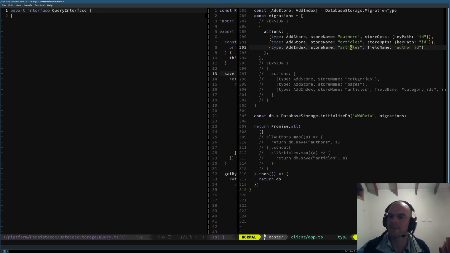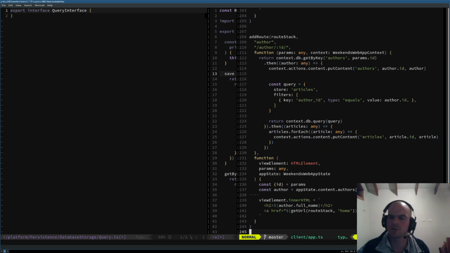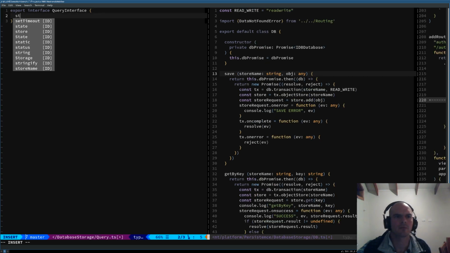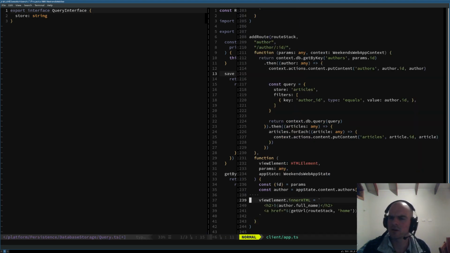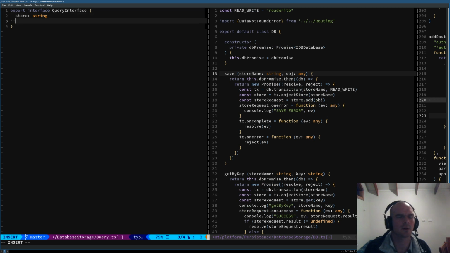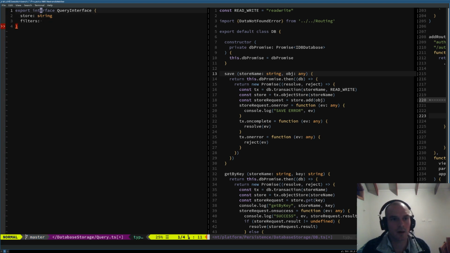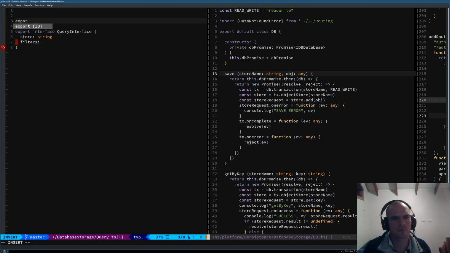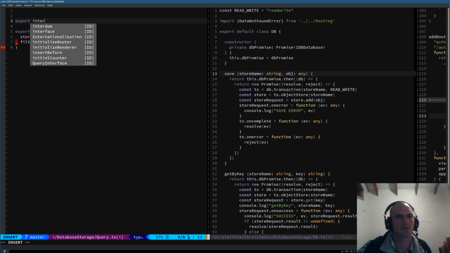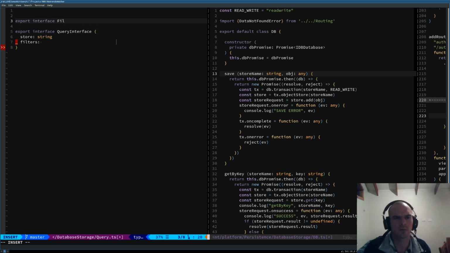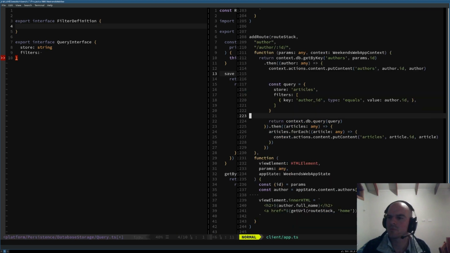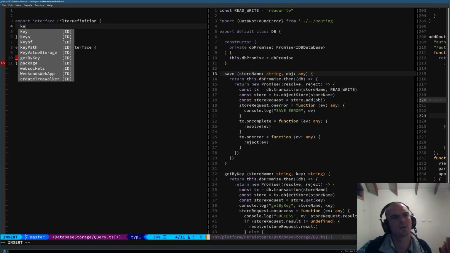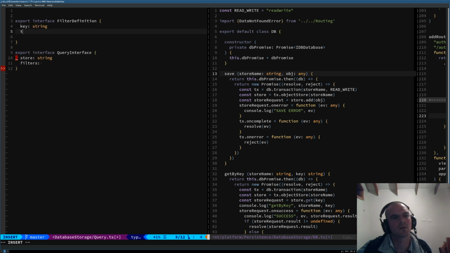So if we jump on up to where that query was, it's going to have a store, and that's going to have a string attached to it. And we're also going to have an array of filters. We know that much. And for the interface, that's going to be a filter definition. And that's going to have the key, the type,